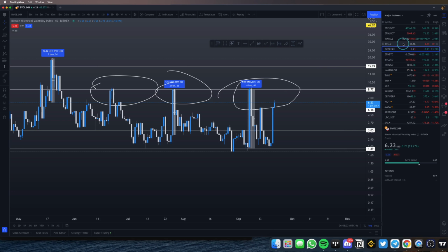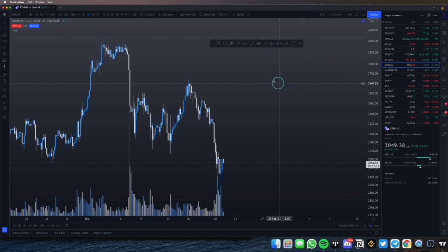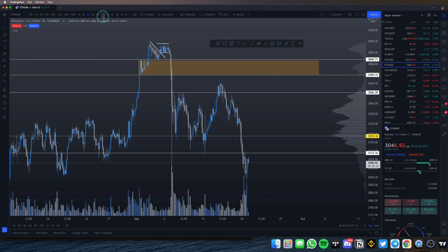At the moment, if you take a look at Bitcoin dominance, which is basically just telling you how bullish Bitcoin is and how bearish altcoins are, you can see that it is still forming higher highs and higher lows, and you should expect this trend to continue until it doesn't, right? So for now, things are looking bearish for altcoins. It's looking bearish for Bitcoin and Ethereum, but hey, if you do get dips, I really want you to buy them,